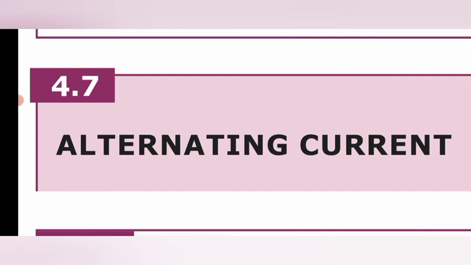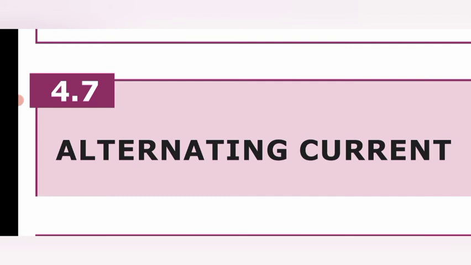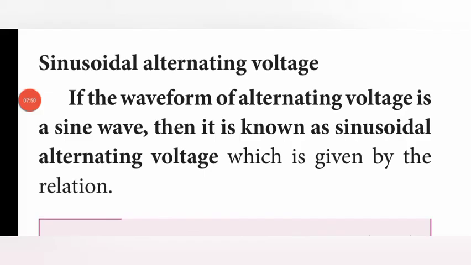The alternating voltage is the voltage which changes polarity, positive and negative polarity, at regular intervals of time, and the direction of the resulting alternating current also changes accordingly. This is the definition given in your book. Because of the change in polarity of the alternating current, a sinusoidal wave is produced, which can be drawn in a graphical representation.